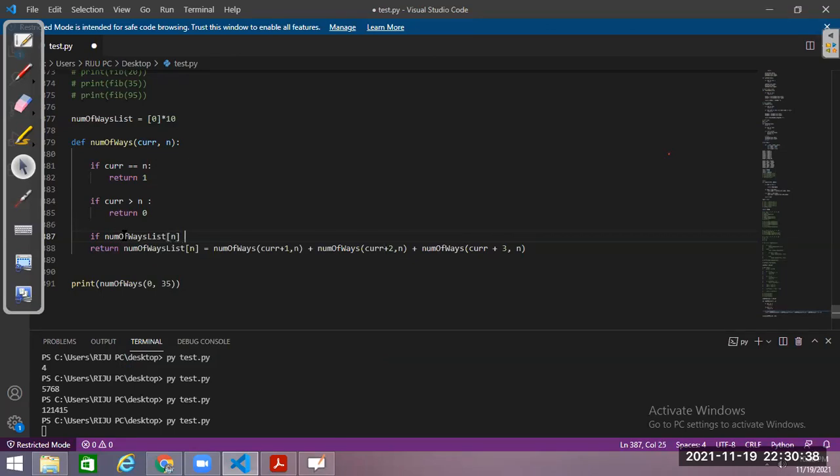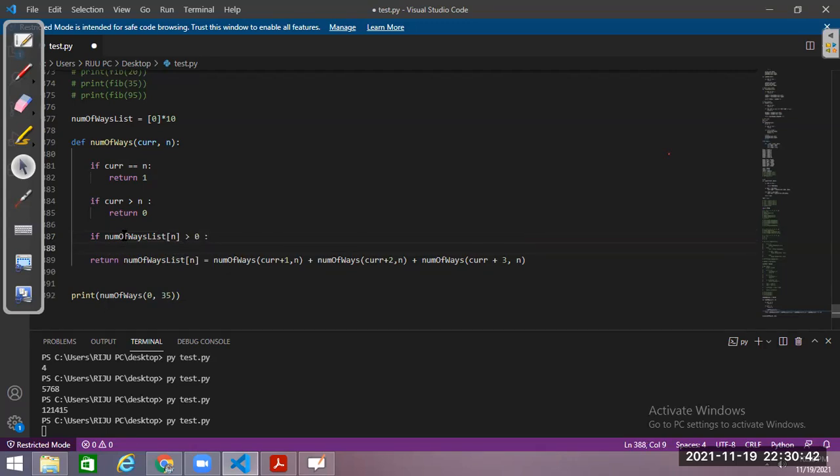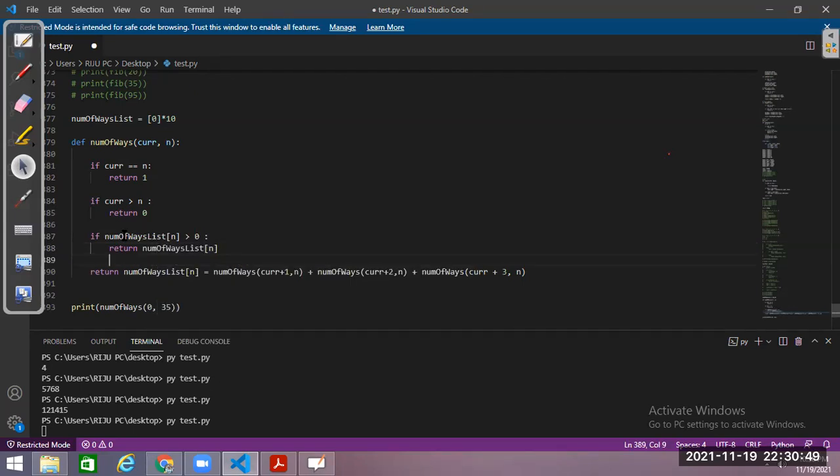If the answer has already been calculated, return the answer as it is. No need to recalculate the things, just return it as it is.